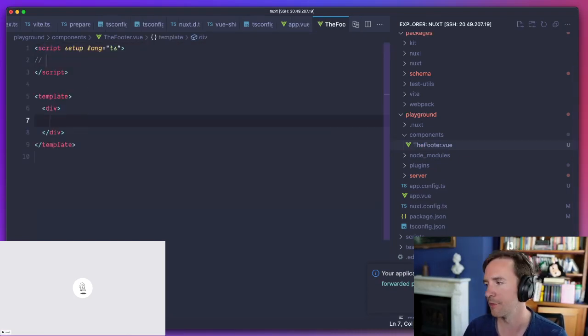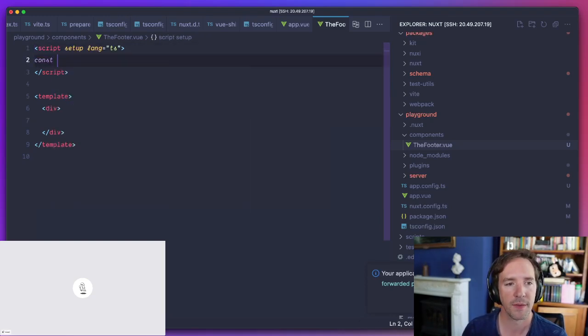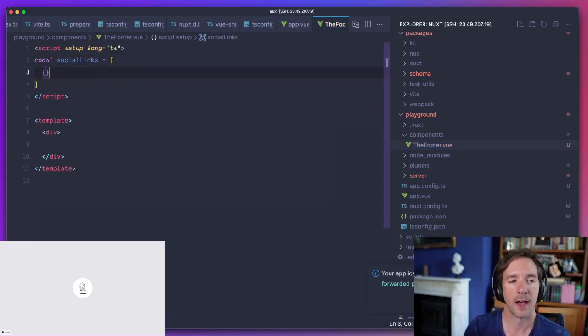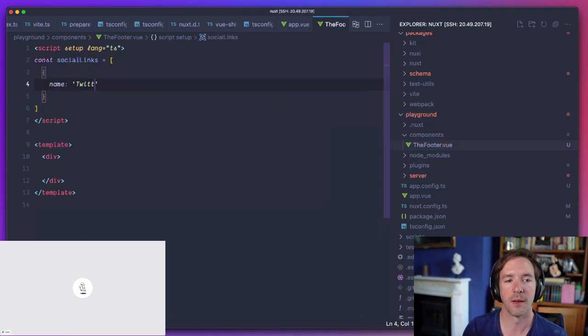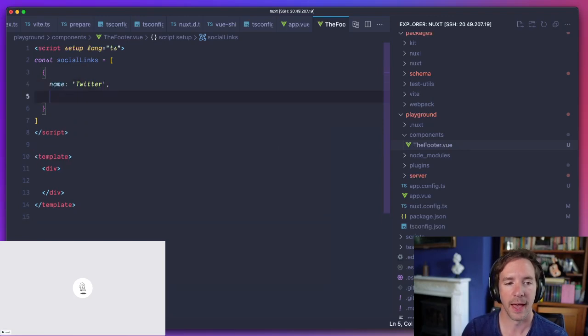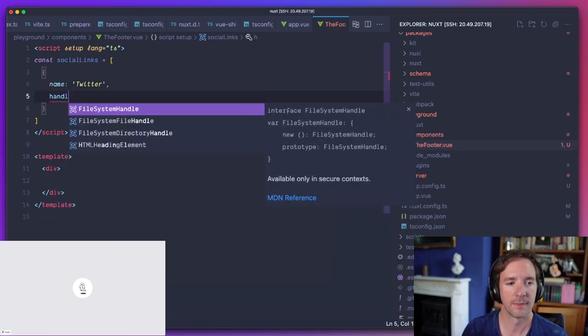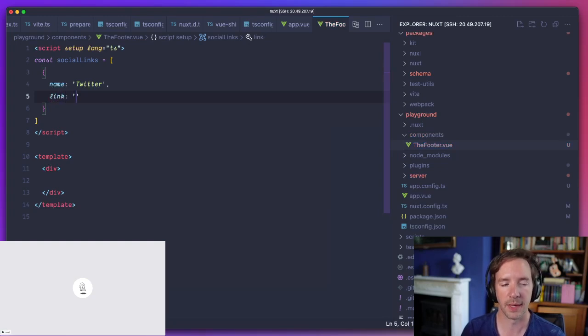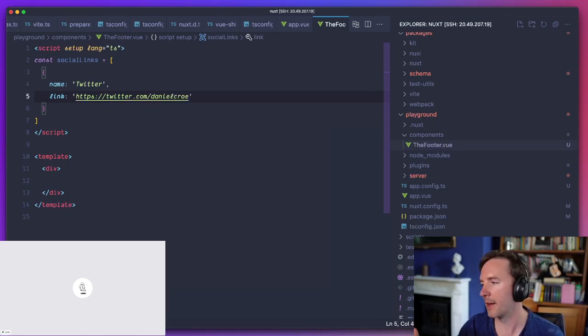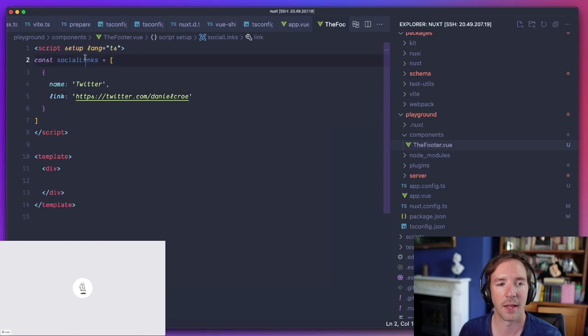You might have your social links, and even define them in an array with values and a link. You're writing this all in JavaScript, but actually nothing about this is reactive. It doesn't need to be in your client bundle.